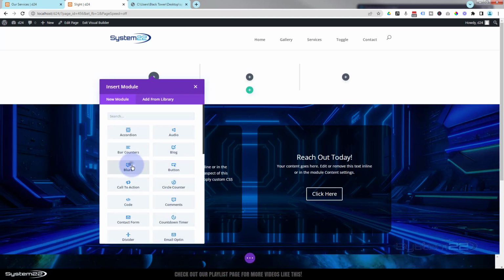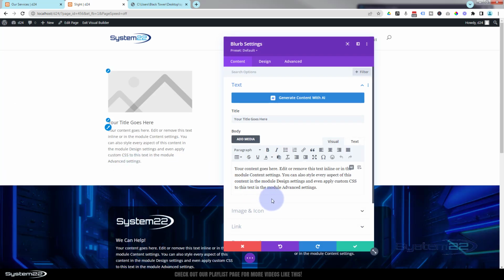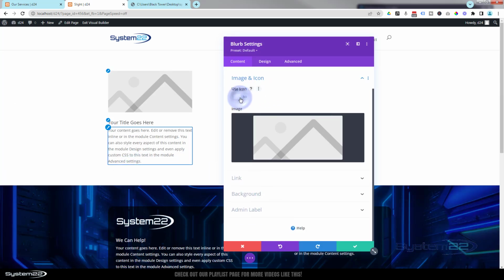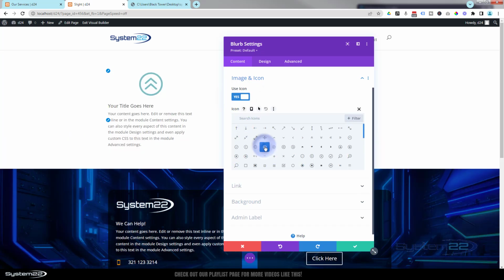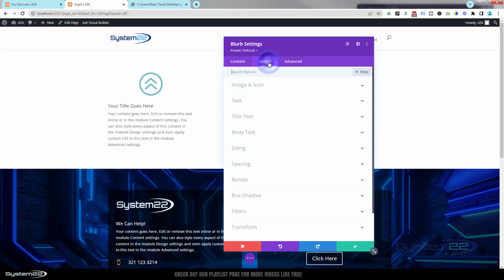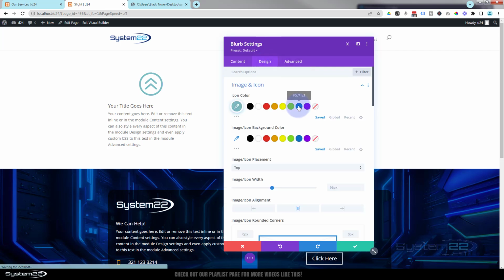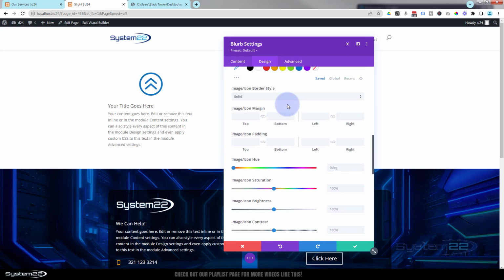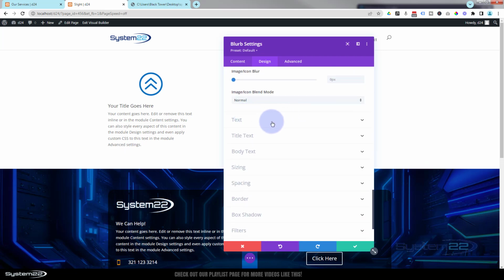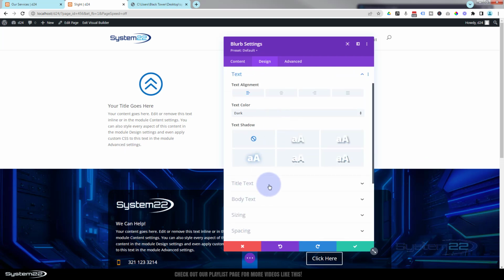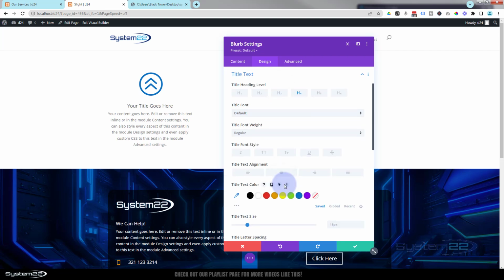I'm going to use blurb modules like I did on that other site there. I'm going to use an icon on mine. I won't style these too much, but for image and icon, I'm going to use the default blue. I'm just going to pop my text in the middle for the time being. There's the text. It'll do both the title and the body text. And I'm going to change my title to that blue as well. So we've got both the icon and the title visible when we put a dark background in, or at least